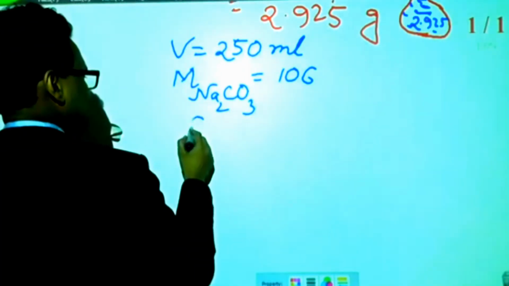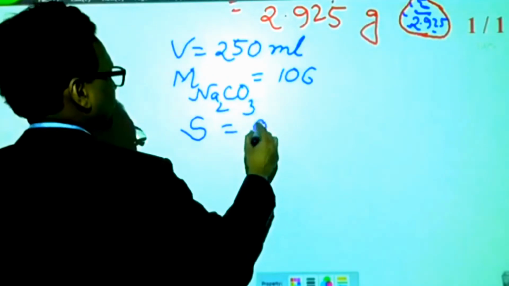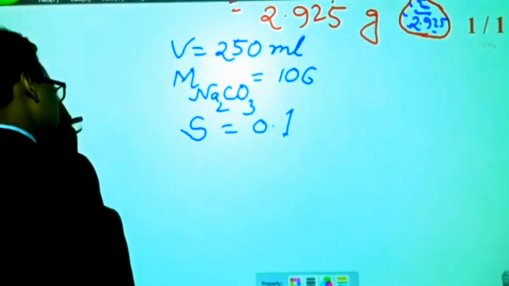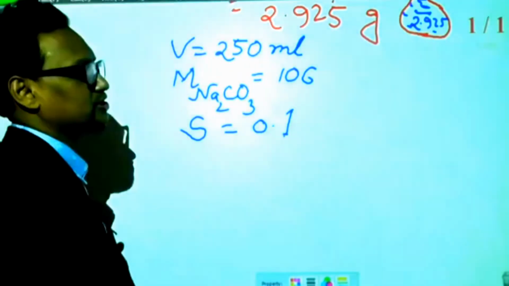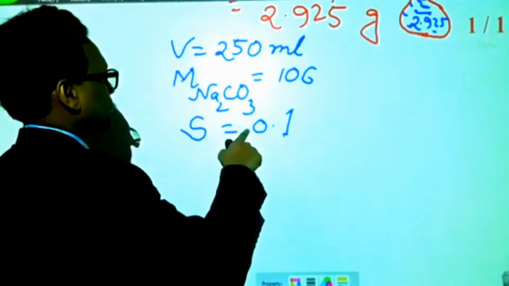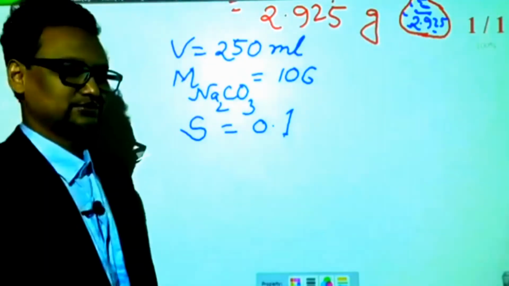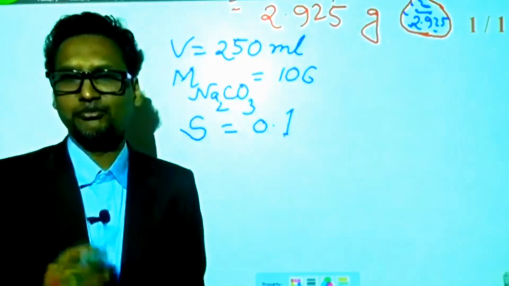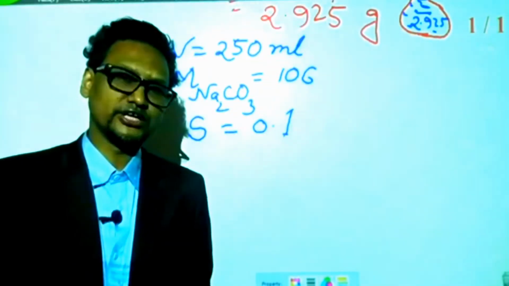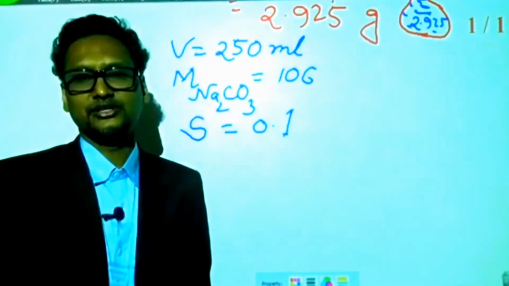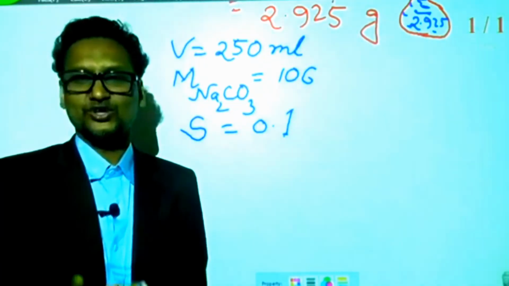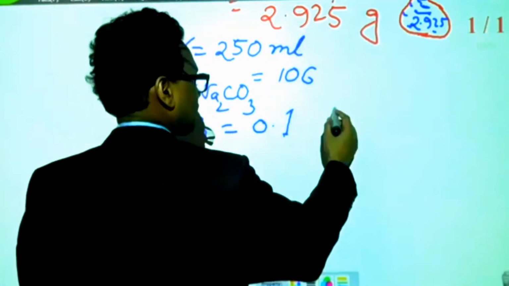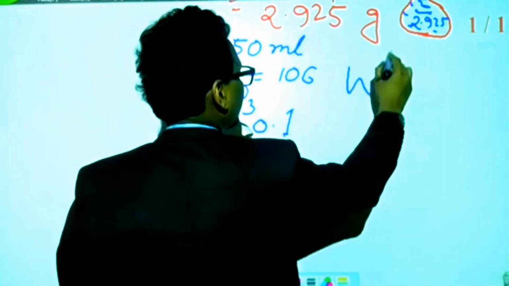Now here the concentration is given, 0.1 molar. So how much sodium carbonate is needed to prepare a decimolar solution of 250 milliliter? A little bit different from the language of the first mathematical term, but both are the same. We have to determine the amount of W. So my dear students, again we know